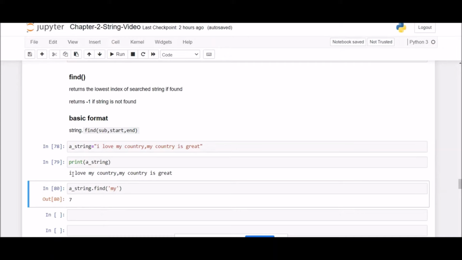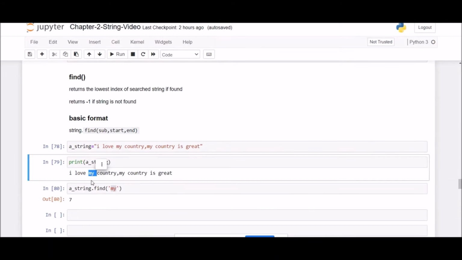I is at position 0, then a space at 1, then L at 2, 3, 4, 5, 6, 7. So it is returning us the index position of the first character of the search string. The first character of the search string is what? M. So if a match is found, the search string is my and the original string contains my.